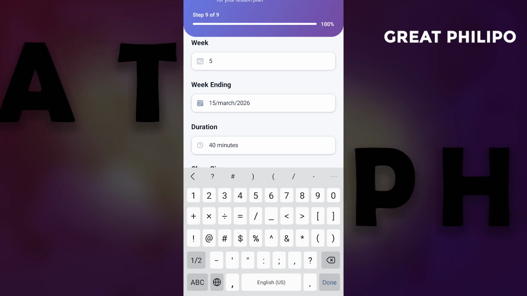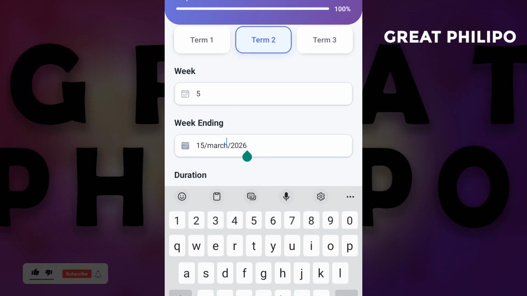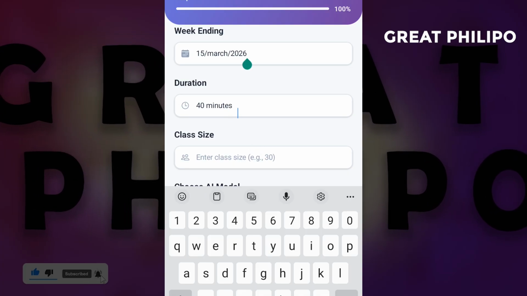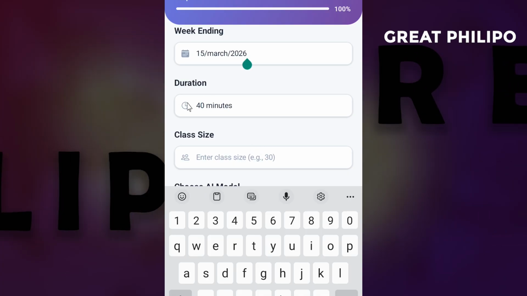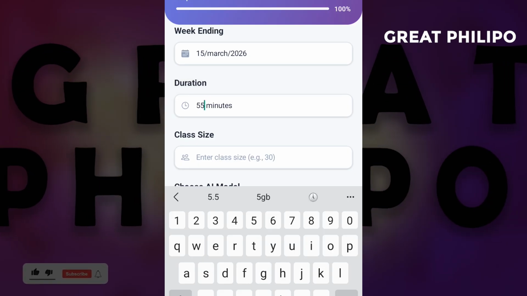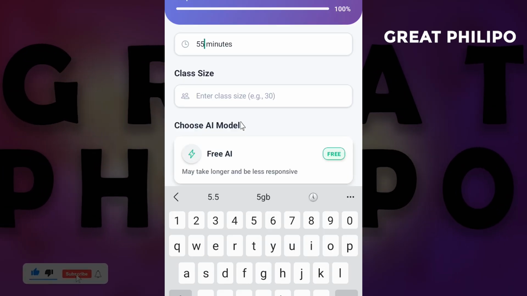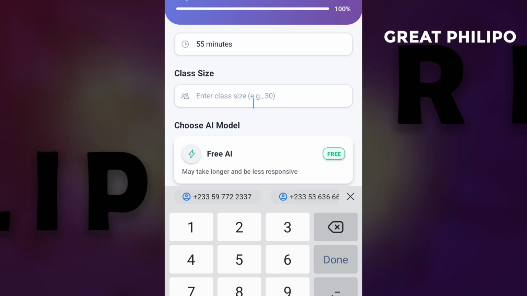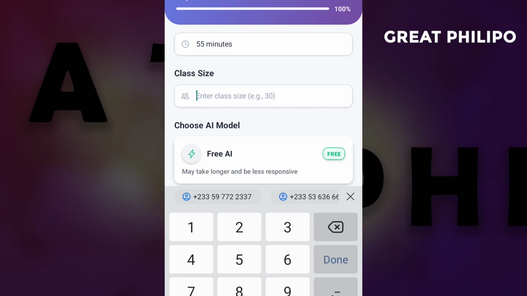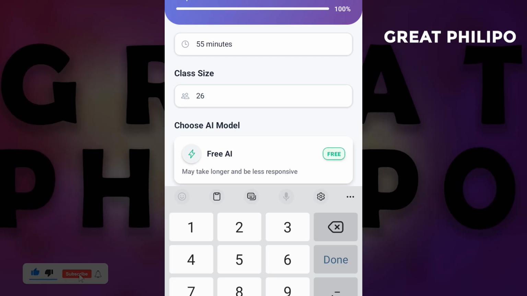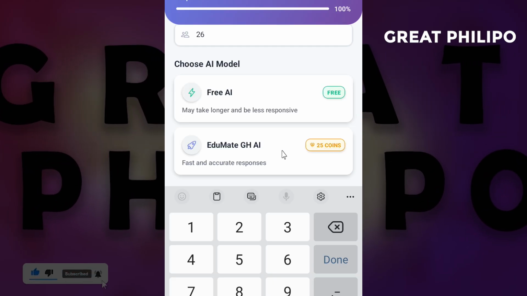2026. So after typing the week ending over here, just scroll down and type the duration of the subject over here. So let's say mine is 55 minutes. Just type it over here, and then you scroll down and type your class size over here. So my class size is 26. So 26 over here. Then you scroll down,